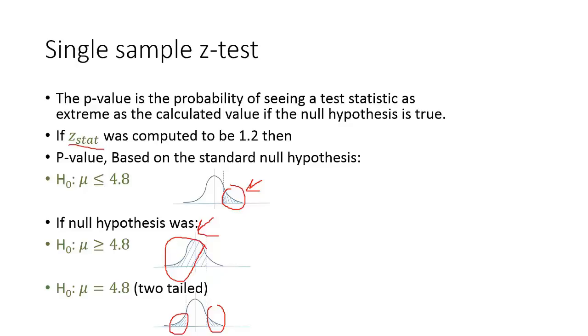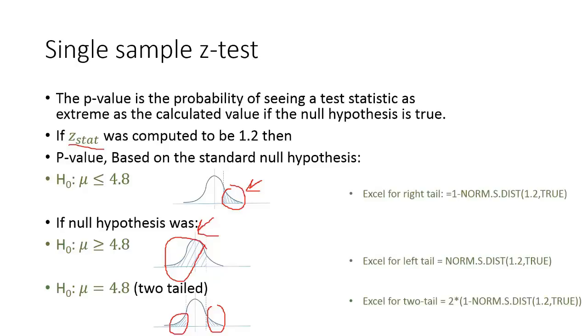So if you want the right hand side, but they're giving you only the left hand side, then you can just subtract the number they're giving you from 1, because the total area under the curve is equal to 1. Okay, but what I'm going to do is give you some simple Excel functions that do this for you. For instance, in Excel, the convention is to give you the area to the